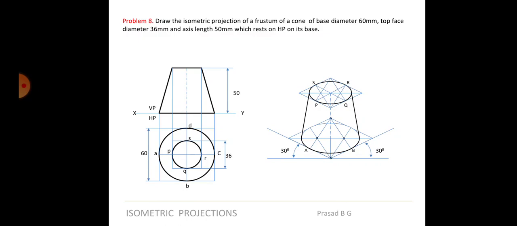Okay, so as I told you, I have to do the frustum of a pyramid, right? So I think I will do that in the next class because it may take more time to explain. So anyways, I'll do that in the next class. But for the time being, for today's assignment, I want all of you to complete this problem, that is drawing this frustum of a cone 1 and hexagonal prism. 2 problems you have to complete and submit by today evening. All right.